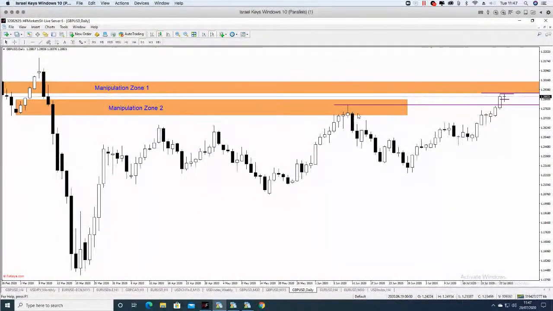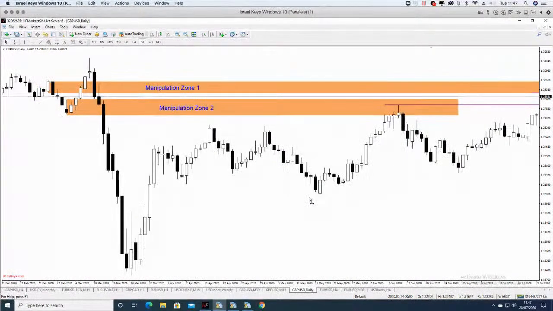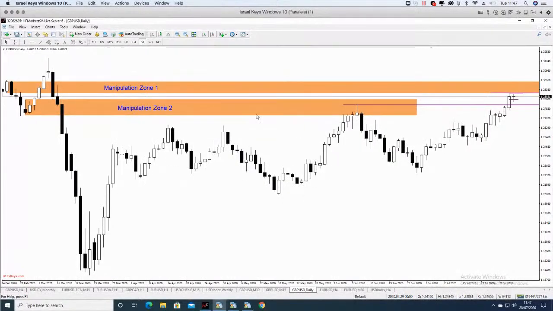Look at what happened the first time price tagged manipulation zone 2. Look at that. You can see that there is a significant reaction. However, we do not see, and so also you would say here that there was then a daily market structure break there. Look at that. Because